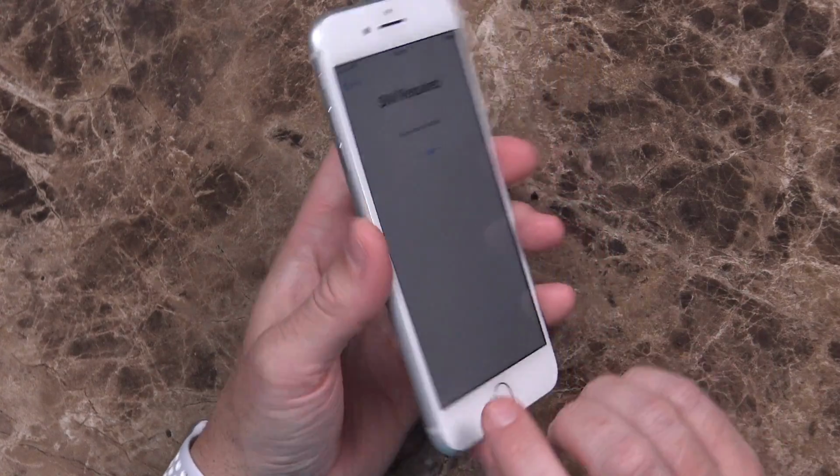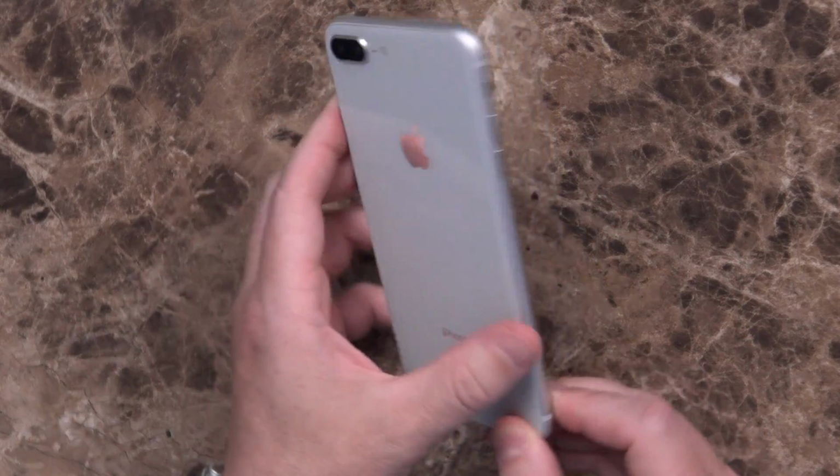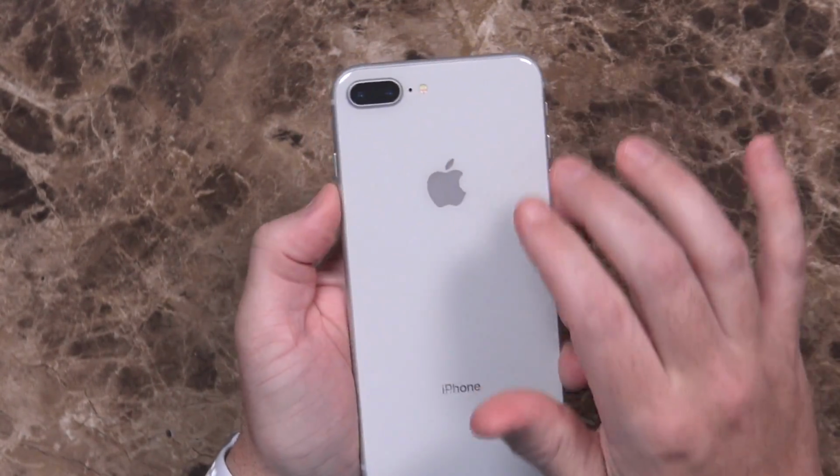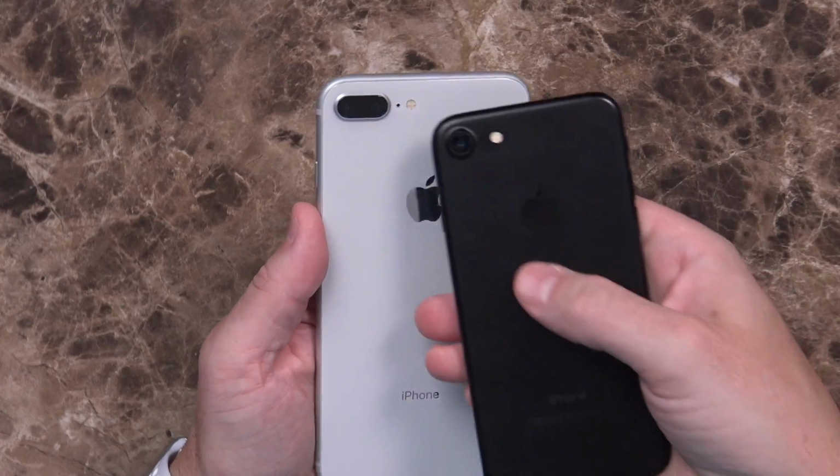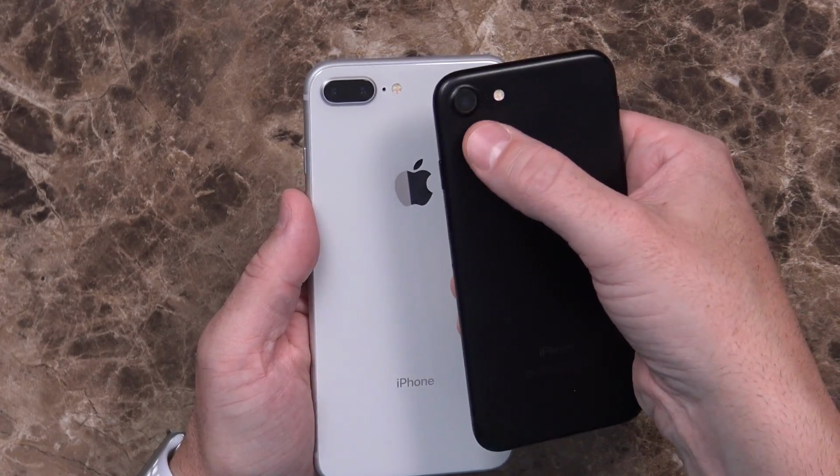Now, some of the major differences with the iPhone 8 and 8 Plus against the iPhone 7, first and obviously for me, is the glass back. It allows it to have wireless charging. And not only that, it does fast wireless charging, although I don't think it's quite the same as the one with Samsung. I will try it out with some of my Samsung fast wireless chargers and see if it works with that. For me, a big difference is going to be the camera,